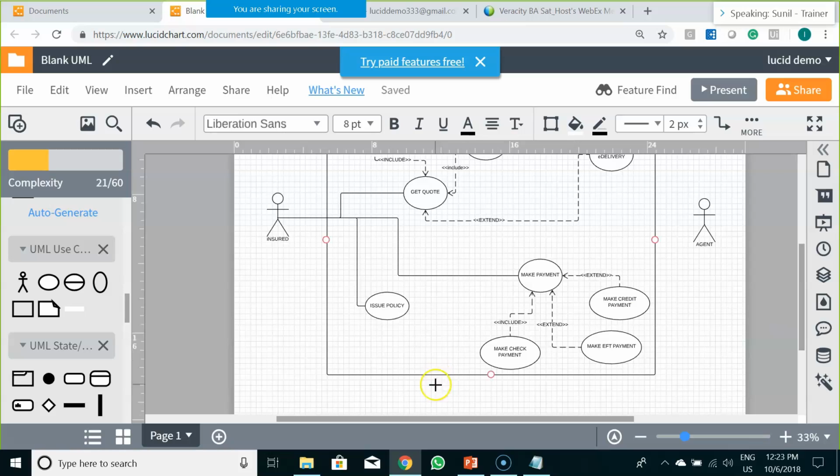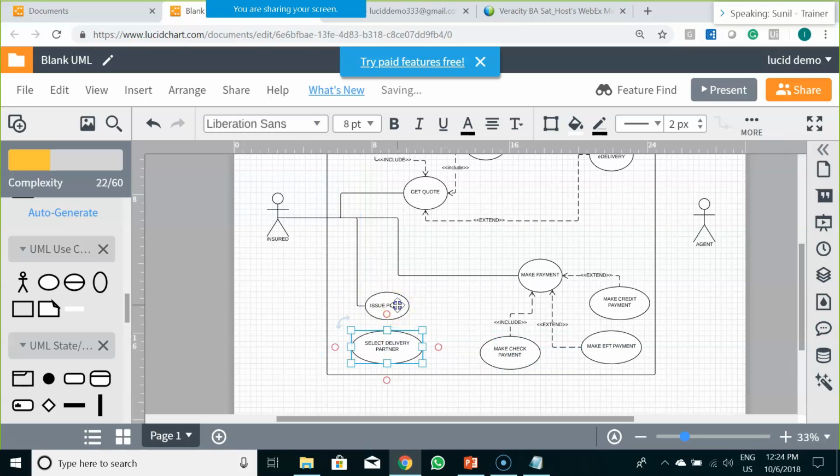Now when you are delivering a particular set of documents, you would select delivery partner. Now who is the delivery partner? Who would be delivering your policy document to the insured company?